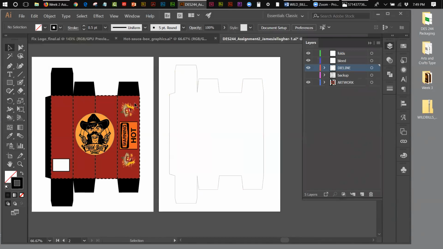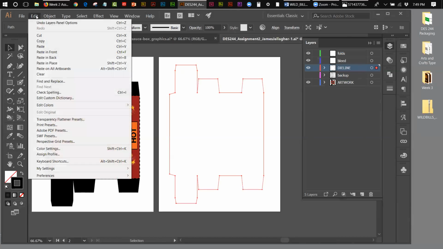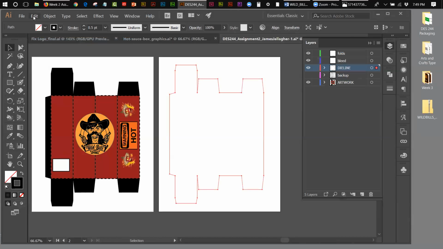And that's what the fold lines are going to do. Okay? So this is the first step in creating your proper box form. Now what I'm going to do is select this, and I'm going to create my bleed line. So I'm going to go Edit, Copy, Edit, Paste in Place, and I've pasted in place in the die line